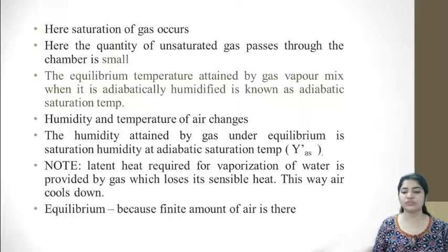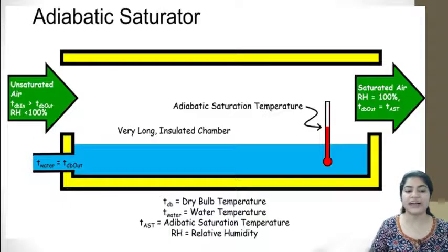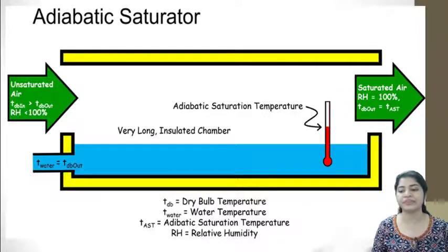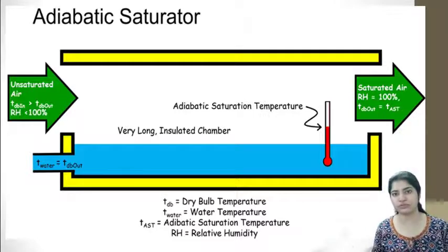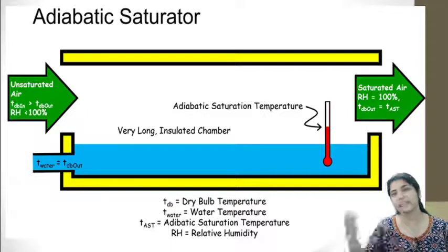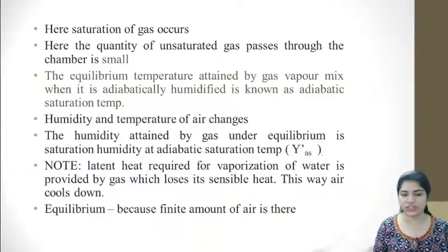Here the humidity and temperature of the air change. Have a look here. The air which is going out has a different temperature, and its humidity is different. Of course, you can see that its relative humidity is less than 100%, whereas the air which you are obtaining out of your instrument is saturated. It means your humidity has changed. Water has been transferred into it, and the temperature of your air has also changed.